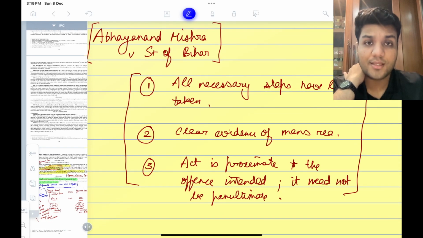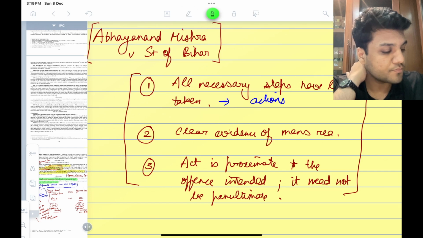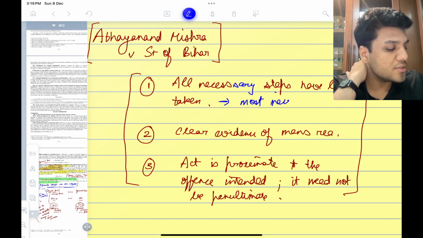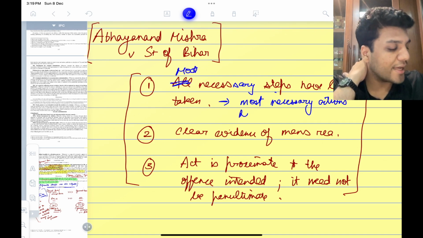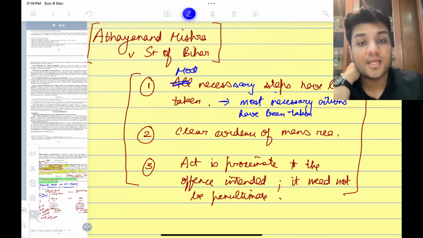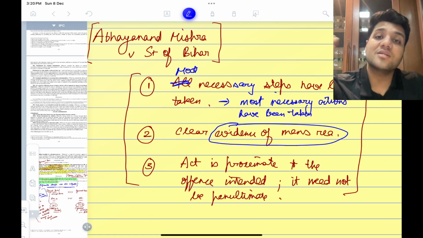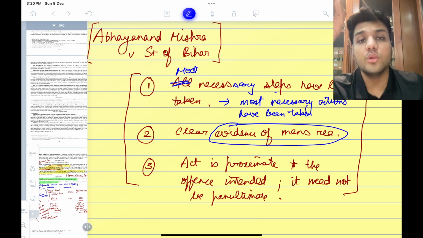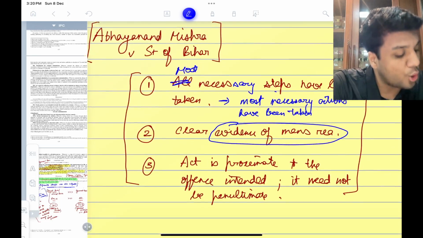All necessary steps have been taken, that is, most necessary actions have been taken. All would be the wrong word. Most will be the right word. Most necessary actions have been taken. That is prerequisite number one. Second is clear evidence of mens rea. You can only hold a person responsible for an offense when there is some mens rea by doing certain acts in a certain manner. That is evidence enough of mens rea, but there should be some evidence suggesting that that person had a guilty mind, and only because of that guilty mind or guilty intention did that person do certain acts, right? So clear evidence of mens rea, most necessary actions have been taken, and that the act which is taken is proximate to the offense intended,